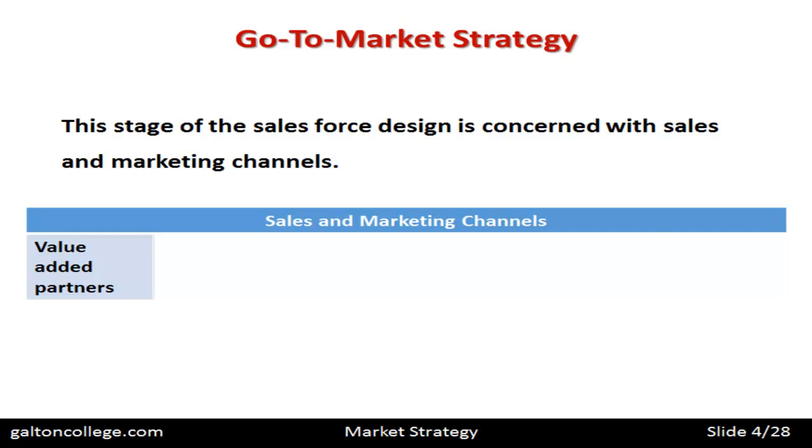Raw materials are sold to manufacturing, so the value-added partners there would be the suppliers of the raw materials and the manufacturing. But the manufacturing, when the product is made, may sell it on to some sort of distributor, and the distributor is a value-added partner there. So we can imagine the supply chain being made up of value-added partners.